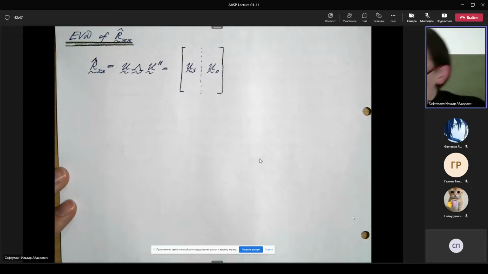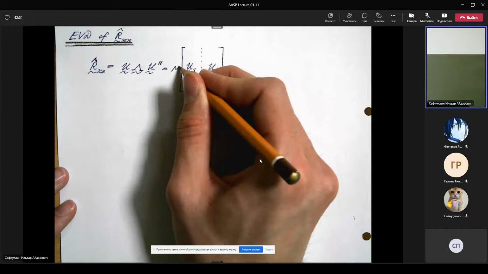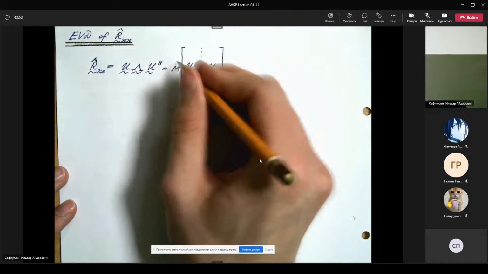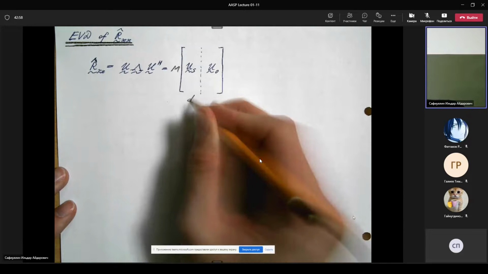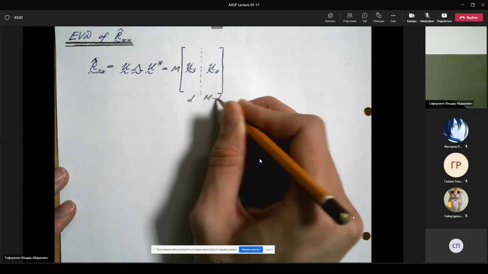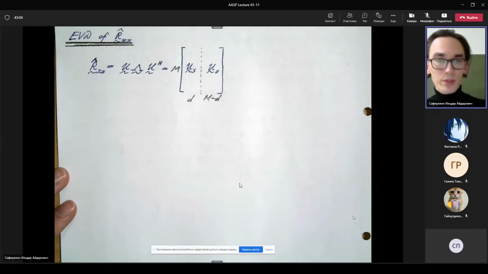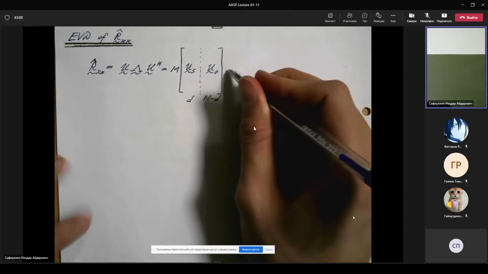Let me show the sizes of these matrices. The number of rows is equal to M. Here for the signal subspace, the number of columns is d. And for U subscript 0, it is M minus d, times